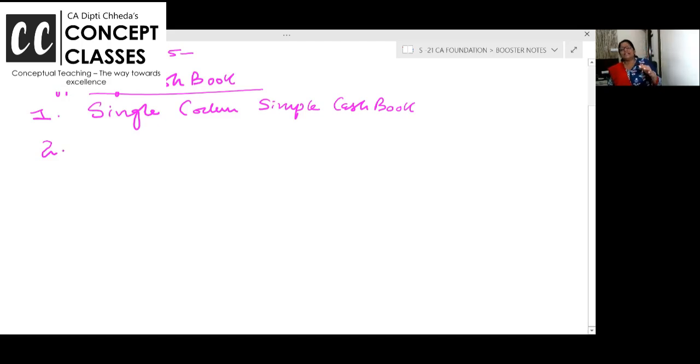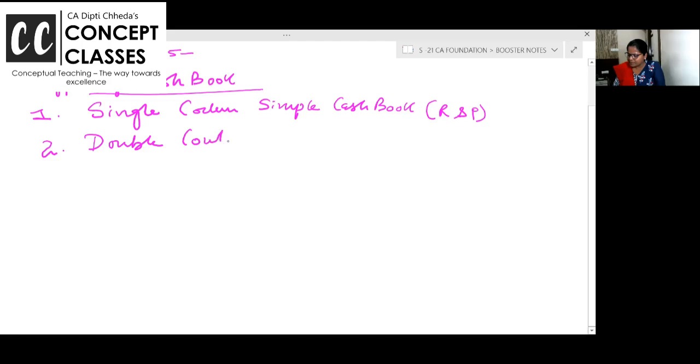What types of cash book am I going to teach you? You write it. Even though I've given you printed material, still you write it. Today we are going to do single column, simple cash book. You know, single column, simple cash book. Right? Just exactly like your T format account is there. On the debit side, you record the receipts, and on the credit side, you record all the payments. Yes? Second is